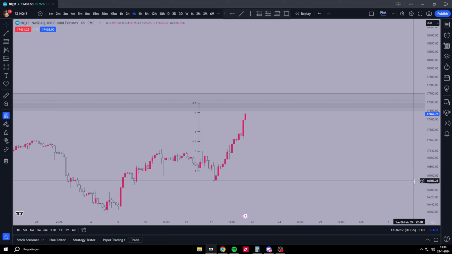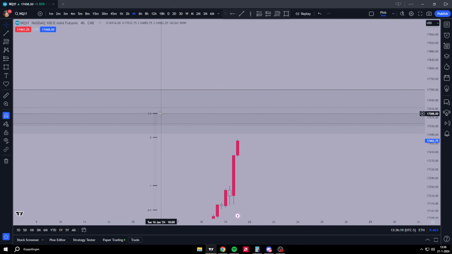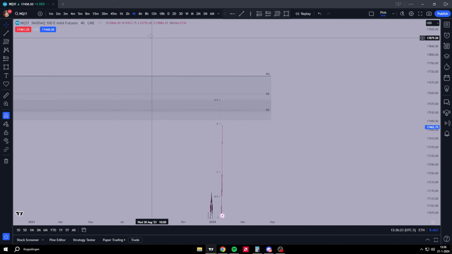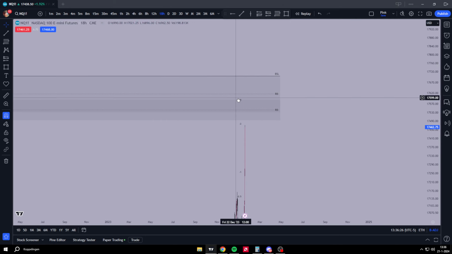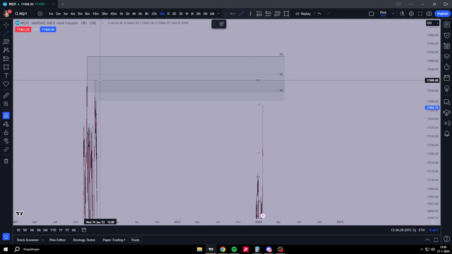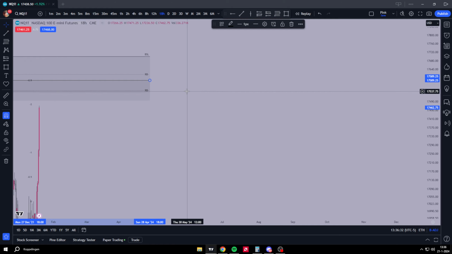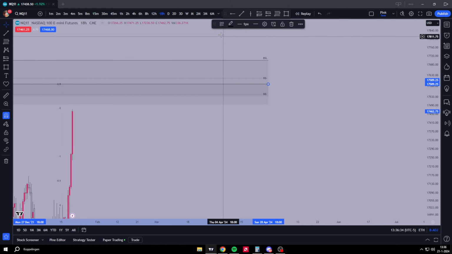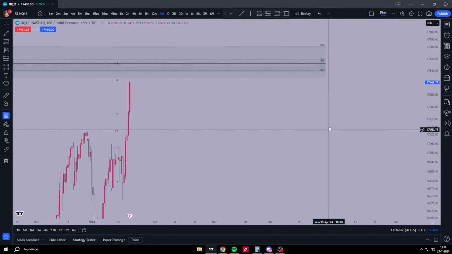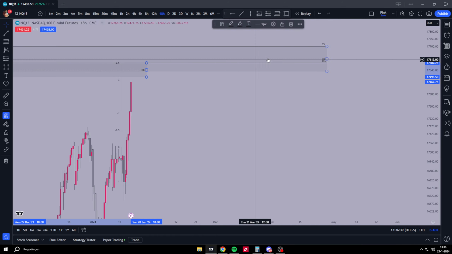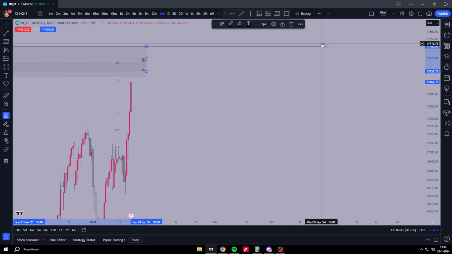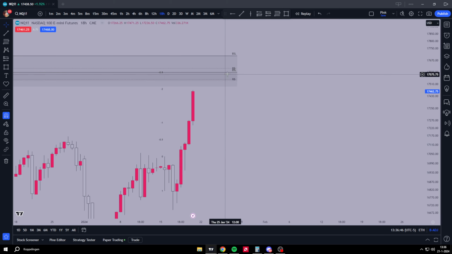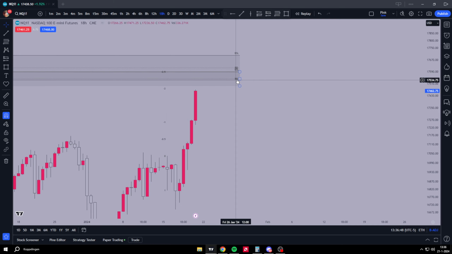As you can see, the high of the standard deviation comes in line with the rejection block high. So we could find a retracement off of there as well. We'll just mark this out as buy side liquidity as well. Here, there, and we could just move this up all here. It's way too far. So we have buy side liquidity, rejection block,